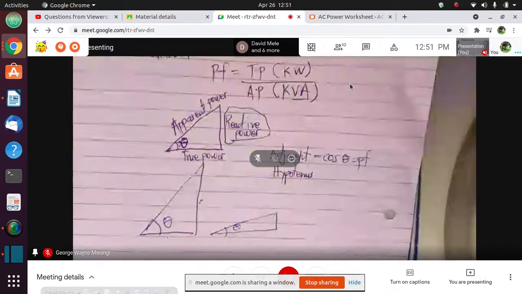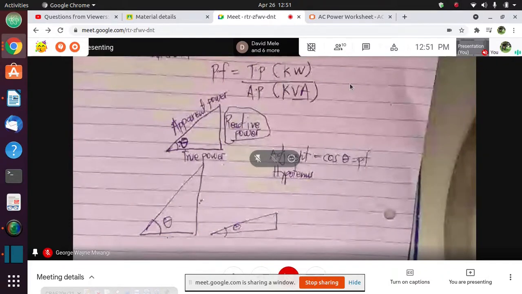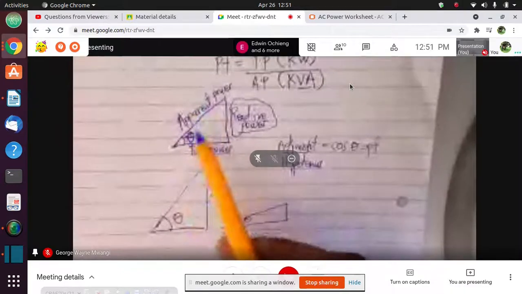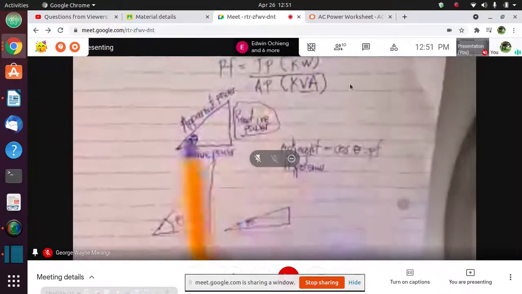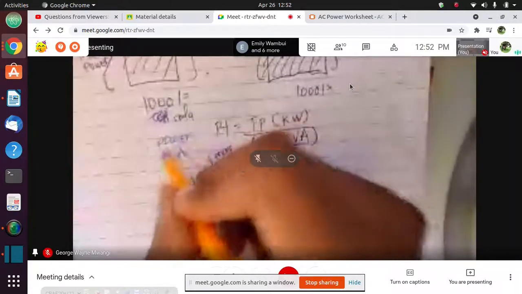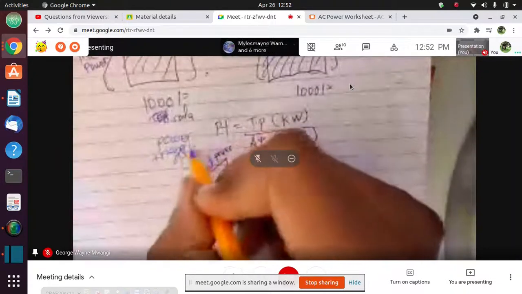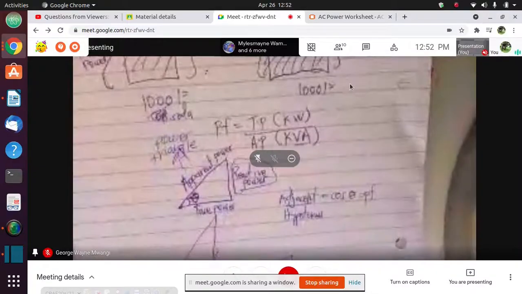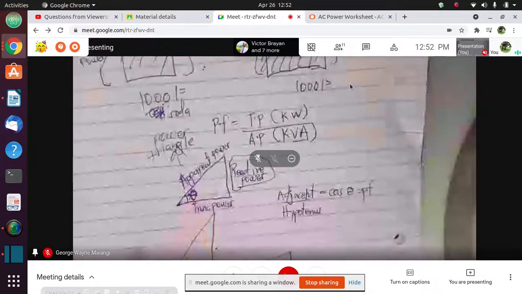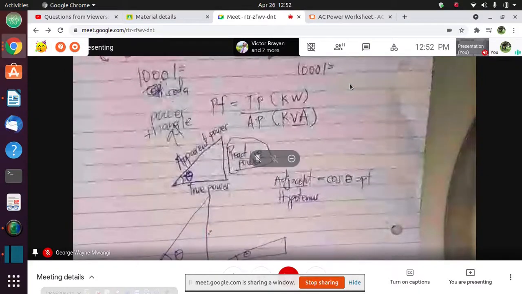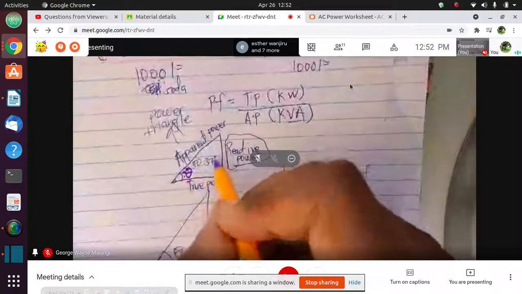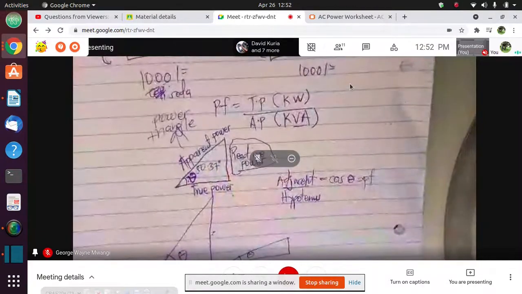Yes. Umesema power factor. Power factor is the cosine of this angle, which is formed by the triangle. This is known as the power triangle, and its value is true power divided by apparent power. Sawa. If let's say you're given an angle, this is 50.37, and you're told to find the power factor of that